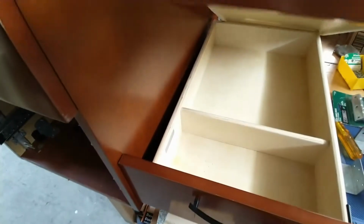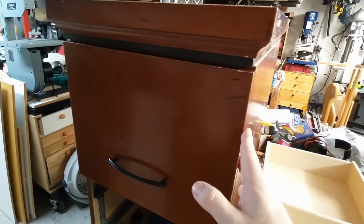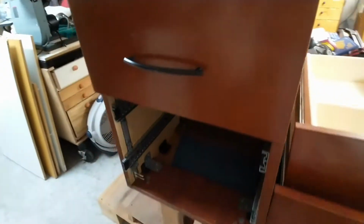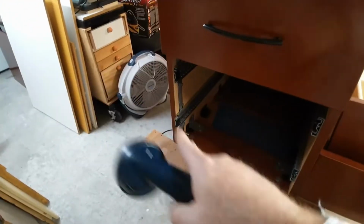Well, this already comes with 3 drawers. 2 smaller segmented ones, and then a larger drawer. So if I can repurpose this, and it's a fairly heavy-duty solid base. So if I can repurpose this to be the new base of the bandsaw, meaning add another plywood layer or such on top and then screw that down to this,